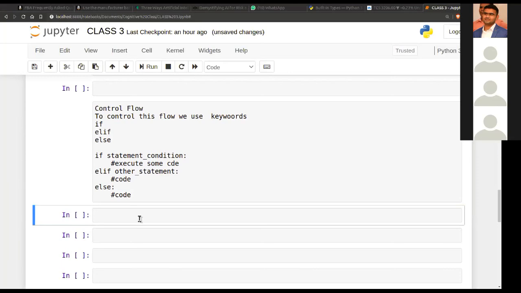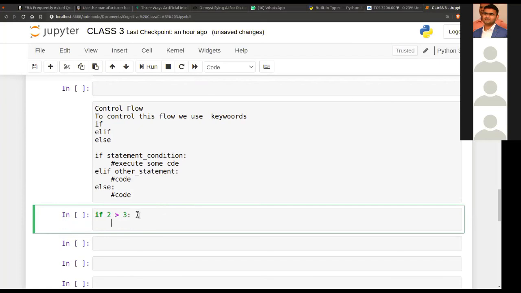The syntax goes like this: if some condition, like if 2 is greater than 3, whenever we finish our statement, we end with a colon. If we press enter, we see we have white space. This white space is nothing but indentation.